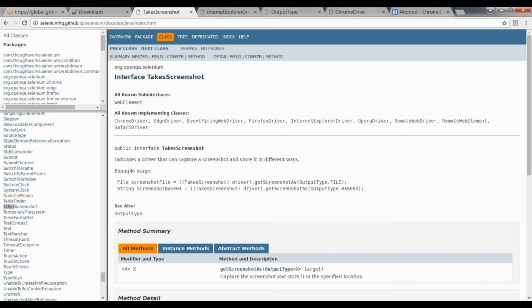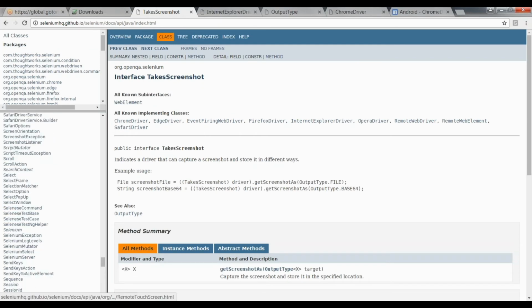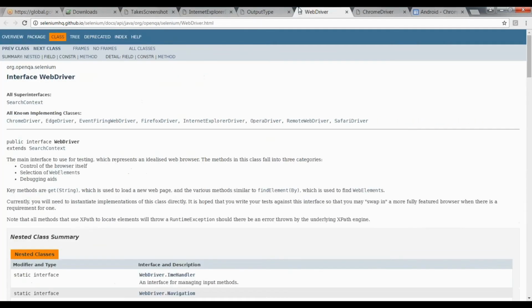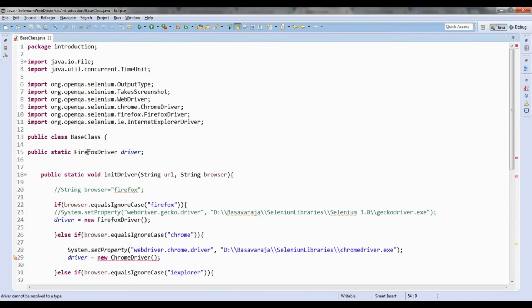But if you go to WebDriver, let me go to the WebDriver here. This WebDriver does not implement the TakesScreenshot interface, or extend it, because one interface can extend another interface, but nowhere is it extending the TakesScreenshot interface.